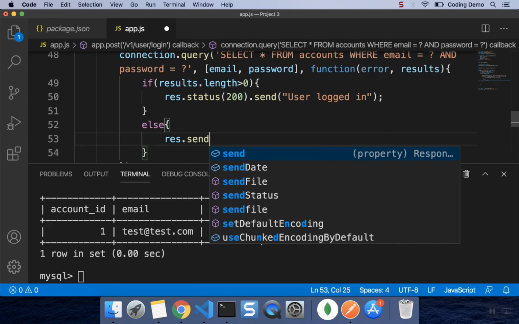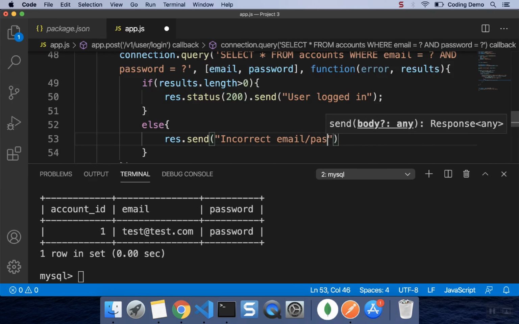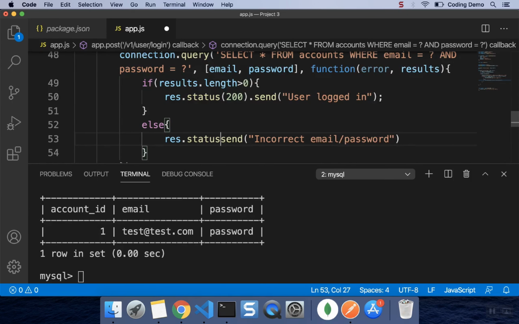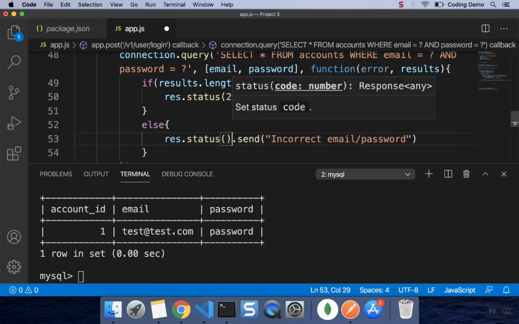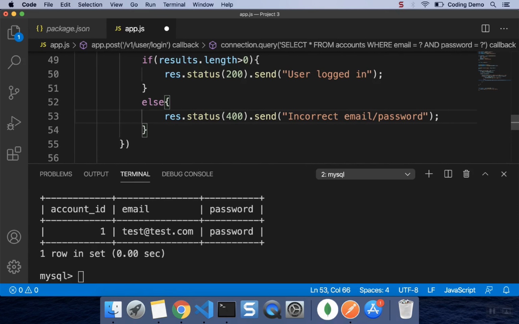oops, incorrect email or password. I need to send the status, I missed the status. Let's say 400, not 500, because it's not a server error, it's an authentication error. All right, perfect. I need to end the response,